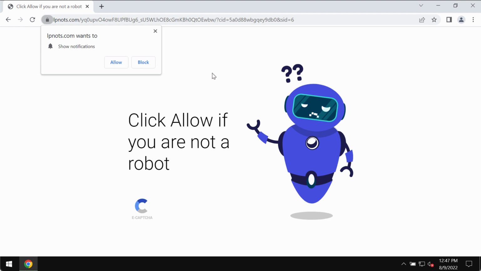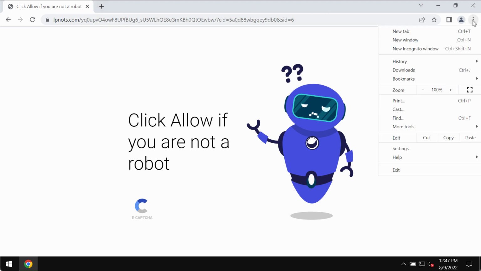It tries to mislead people and to make them click on this allow button, supposedly to help them confirm that they are humans and not robots. But it is a mistake to do that. It's a mistake to click on the allow button, and if it was clicked by mistake, you should urgently implement some